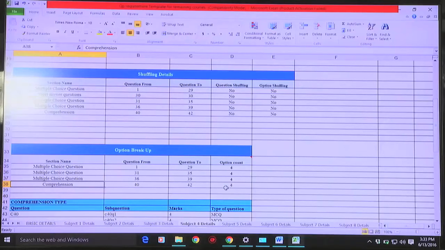Ma'am, actually when you are filling the metadata template, there is one column that is section name. So if in question paper suppose there are 3 sections, given by the faculty, should we write there under the section name column section 1, section 2, section 3, or like multiple choice question, multiple selection question, short answer, like that?